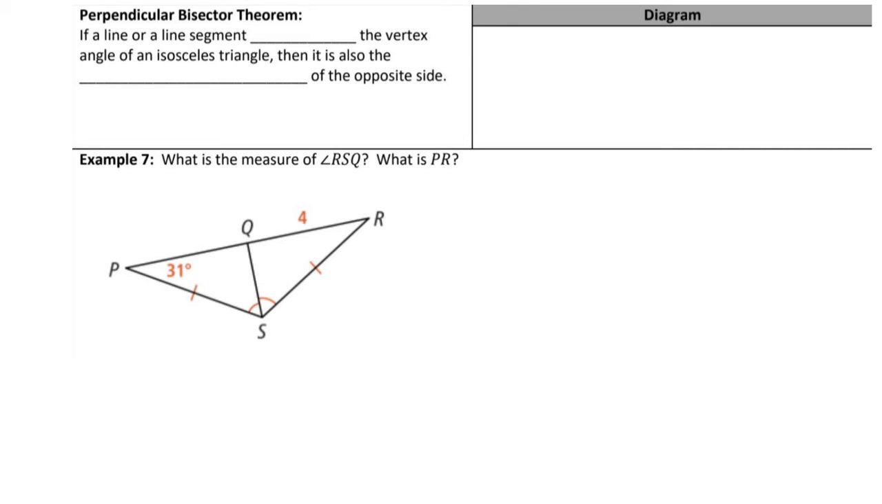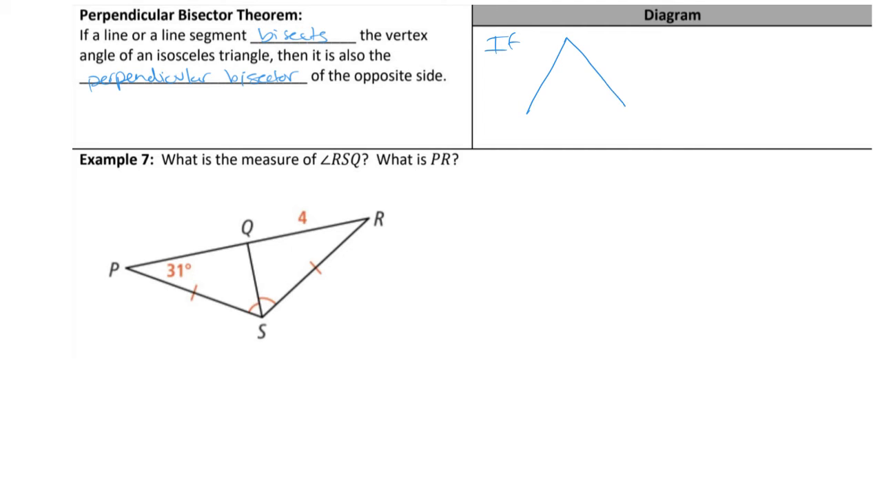In this section, we have another theorem that allows us to solve for certain side lengths and angle measures. This theorem is called the perpendicular bisector theorem. It tells us if a line or a line segment bisects the vertex angle of an isosceles triangle, then it is also the perpendicular bisector of the other side. So what does that mean, right? So that's just saying if, right, we have